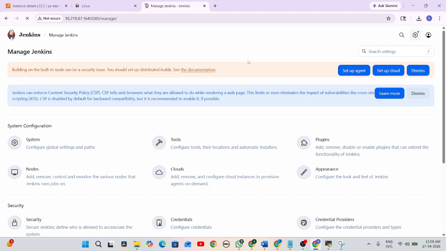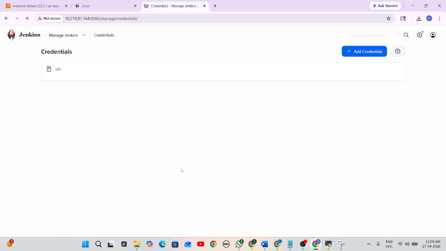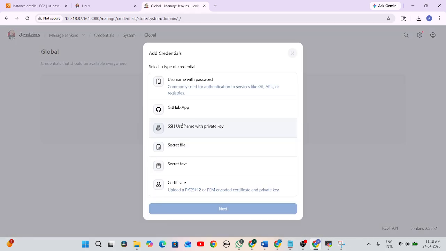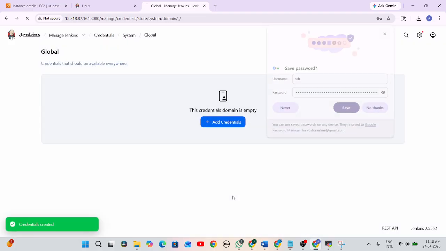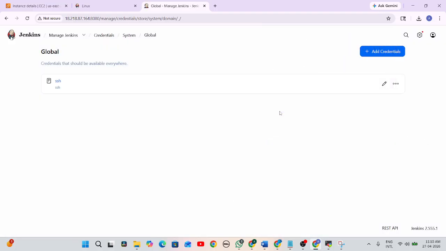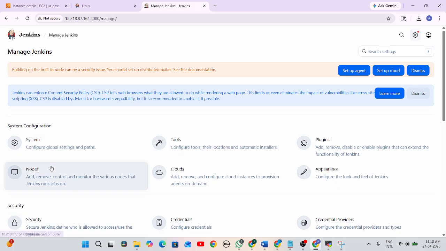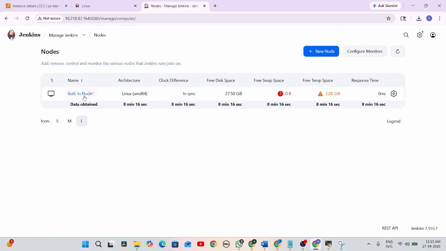Simply you can go to here, credentials, add credentials, secret text, next, paste our text, SSH, create. So globally we created it. Next, what we need to do: go to Manage Jenkins under nodes and new node,